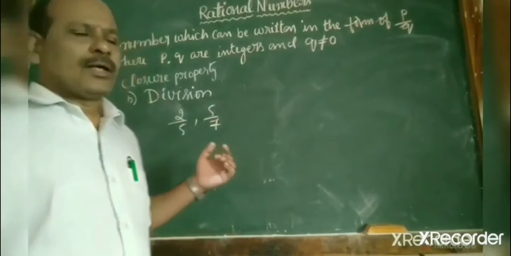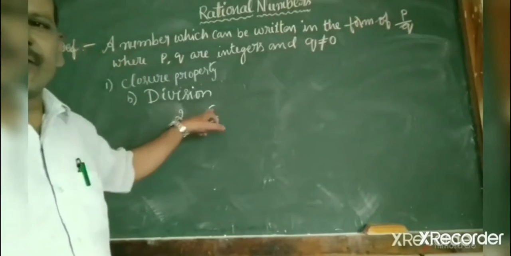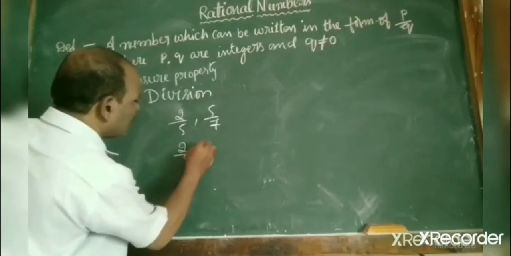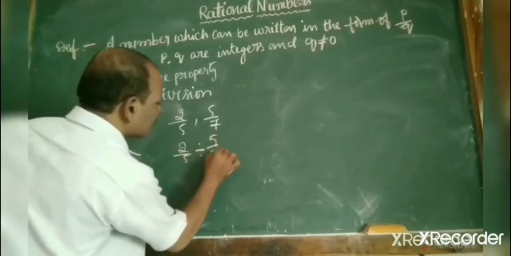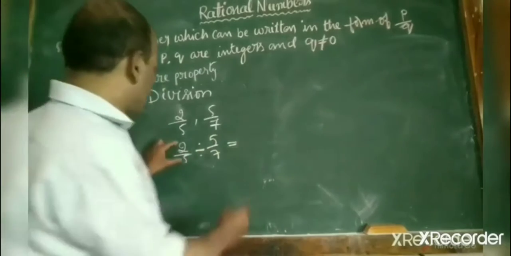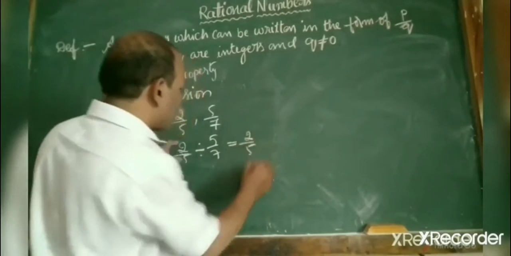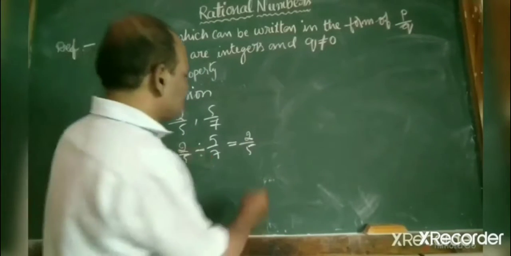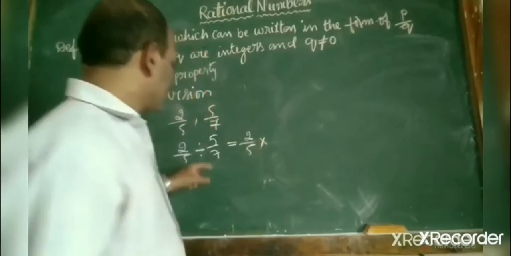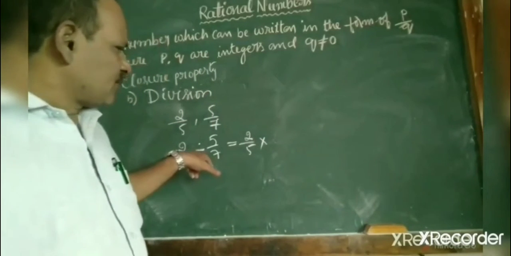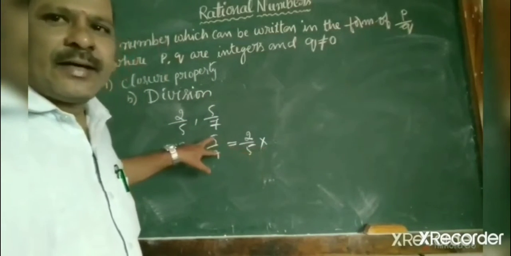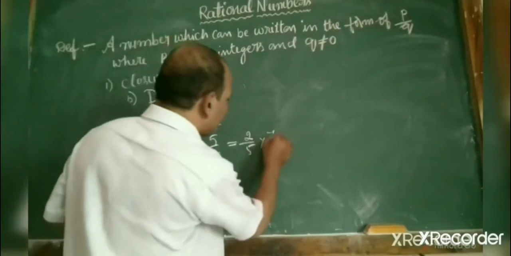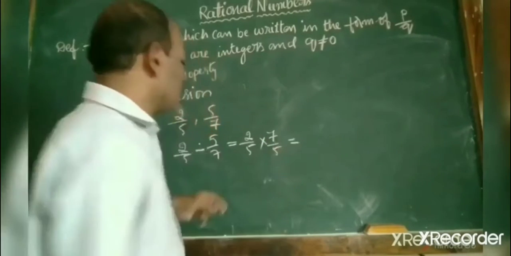I am taking two rational numbers, 2 by 5 and 5 by 7. 2 by 5 divided by 5 by 7 is equal to 2 by 5. I am changing this division symbol into a multiplication symbol. After changing the division symbol into multiplication, the next fraction will become its reciprocal. That is, 5 by 7 will become 7 by 5, is equal to